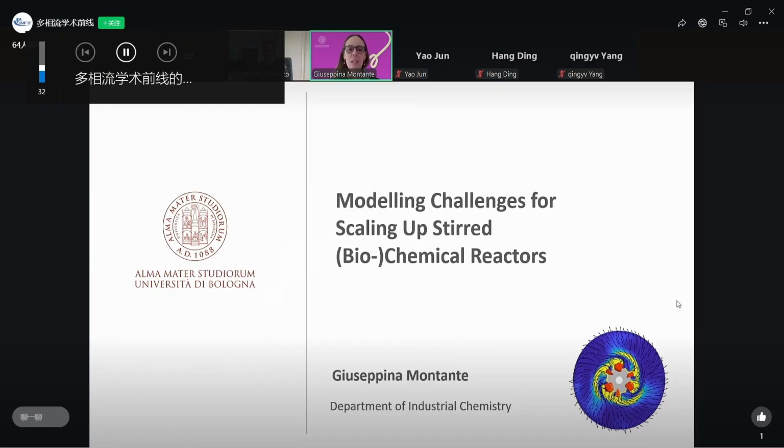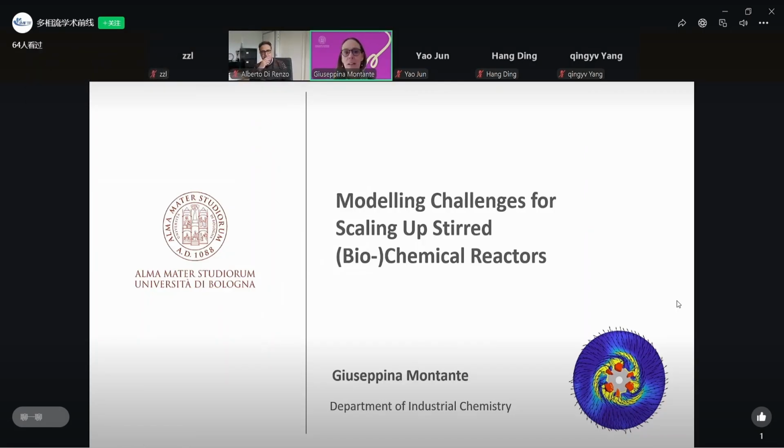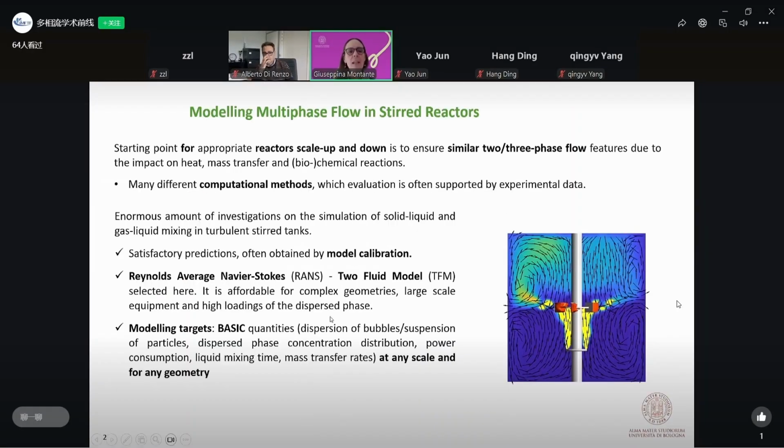So I start sharing with you our experience on the modeling of stirred chemical and biochemical reactors in the realm of computational fluid dynamics. My focus will be mainly on 2 and 3 phase flow and on the capability of computational techniques to catch the physics of this system, because clearly starting from a correct prediction of multi-phase flow, we are sure that we are able to well predict the heat and mass transfer and chemical reaction that definitely will affect the